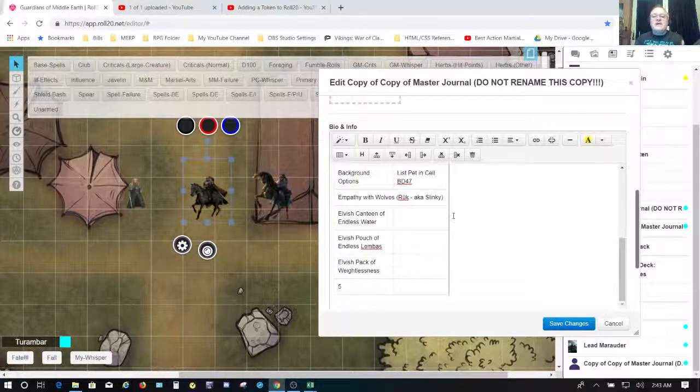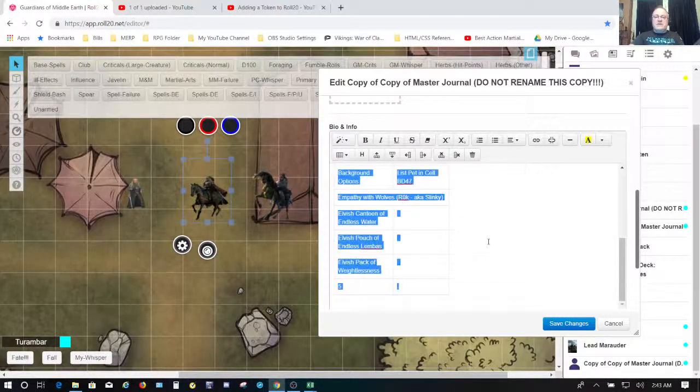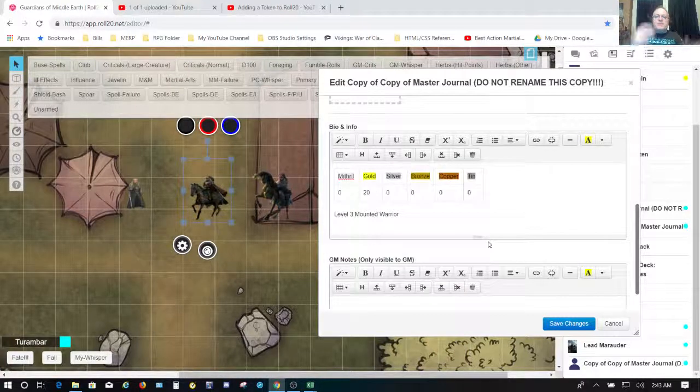Background options. So, if there's some kind of information that your character wants to have access to, and be able to remember anything at all, I mean, anything you want, you can easily copy and paste things right from the spreadsheet, or just type different things in. But just so you know, it's nice. You can literally copy and paste and put things here. That's how I did this here. I just copied it right off my spreadsheet. I just made it all blank, and